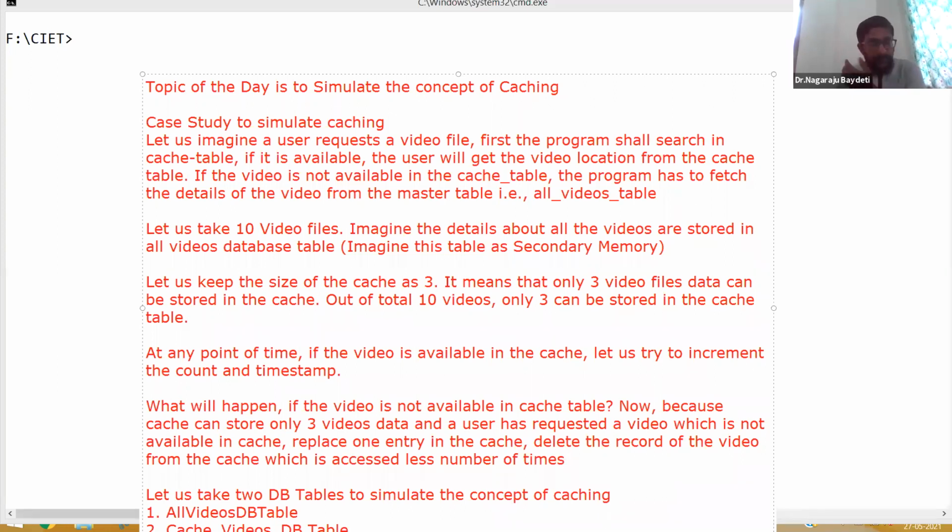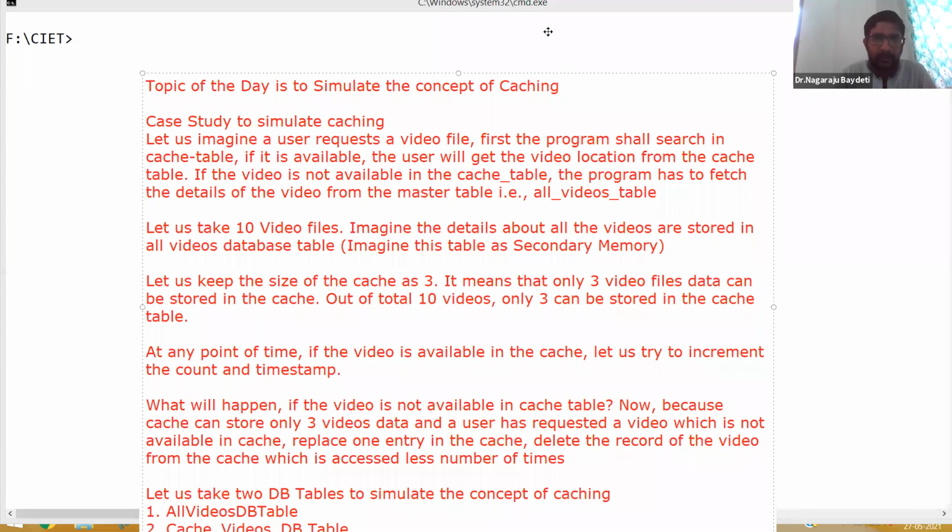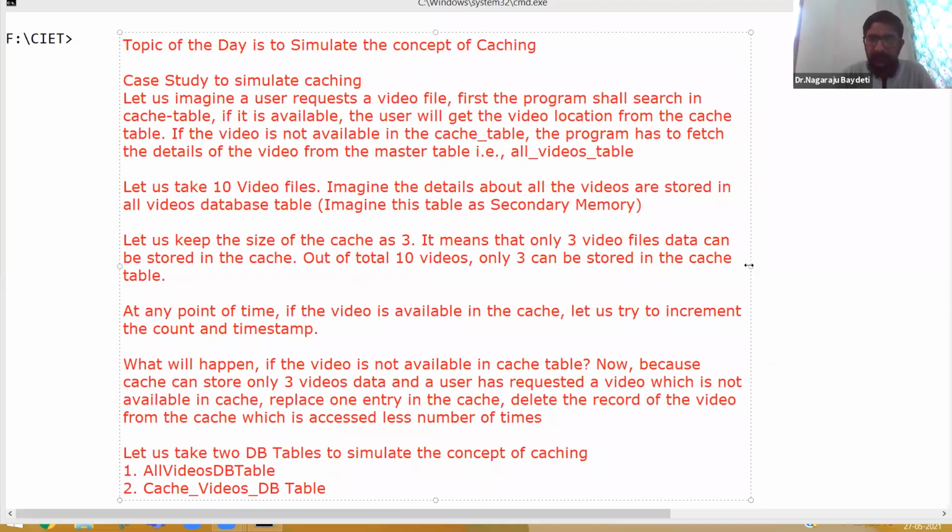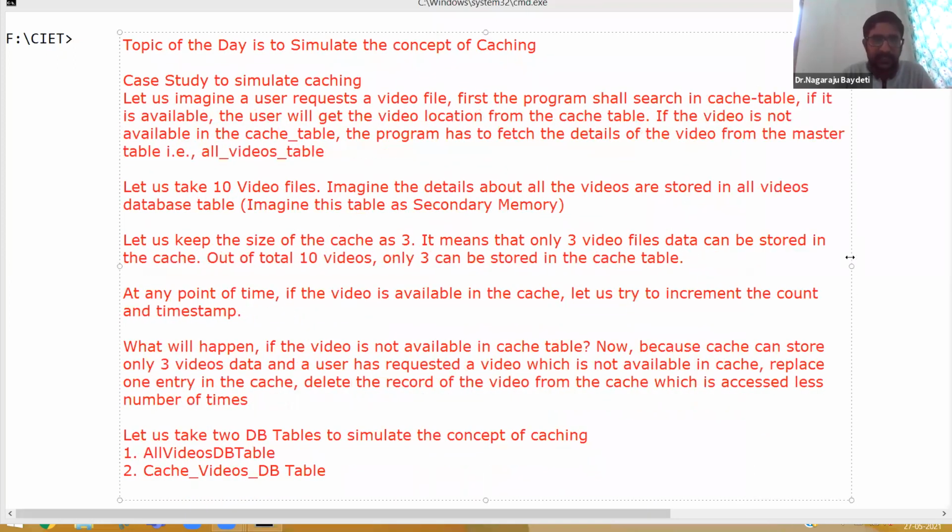For example, there are 3 videos. I'm going to show you one small screenshot and explain the theoretical part, and in another 5-10 minutes, we will see how we can implement this concept in a Python program.